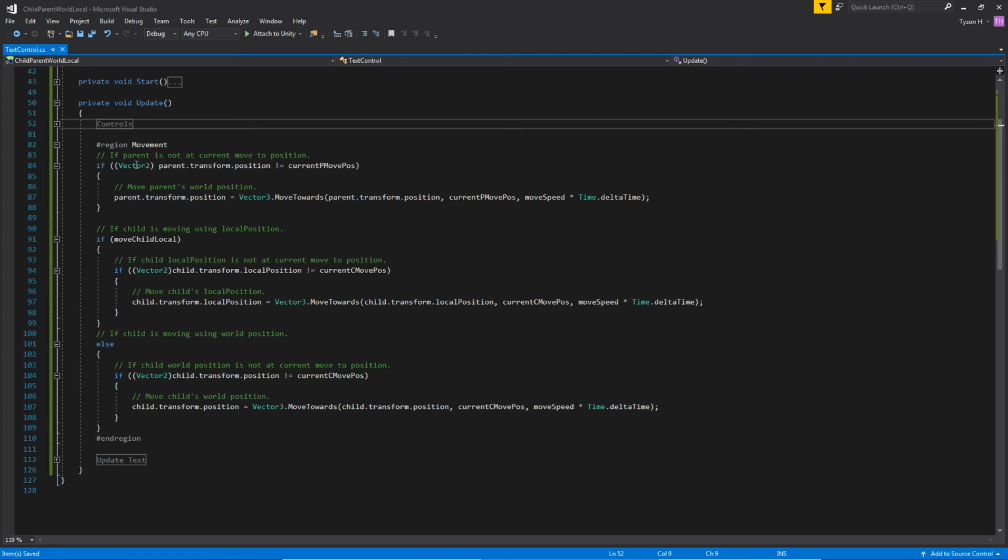So it's pretty straightforward. The objects are just basically saying to themselves, alright, am I at the position that is my current move position? And if they're not, then they will move to it. We do a few different things though. So we do the parent first of all. So if the parent's not at its current move to position, that current move pos, which is done like this,